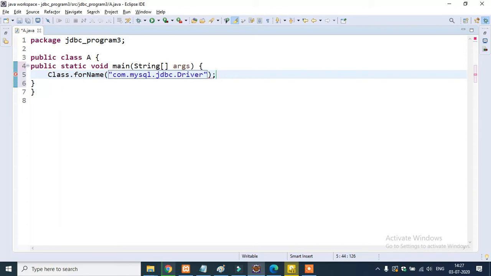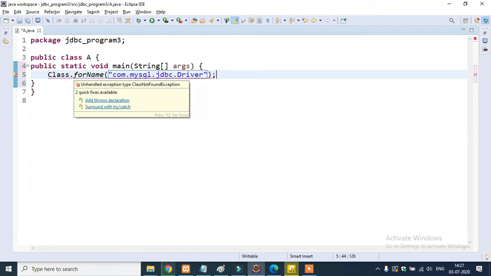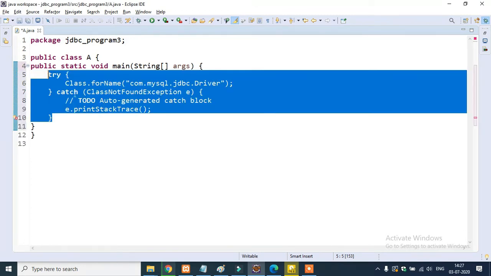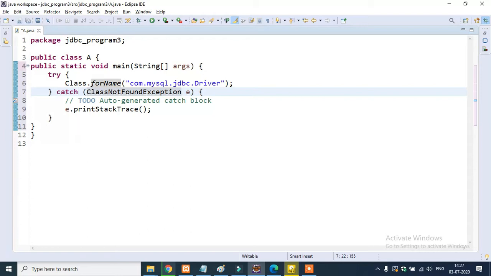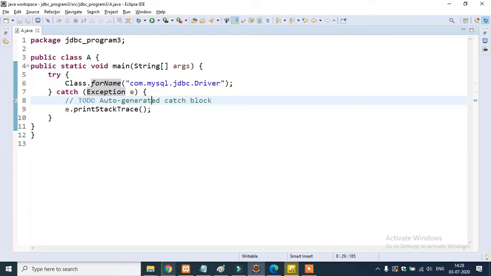Terminate with the semicolon guys, and you see you are getting a compile time exception. Better surround with try and catch block. Just place the cursor out here and you see this option, Surround with try/catch block. Click and you will get it auto populated. Write Exception and remove the unwanted things.